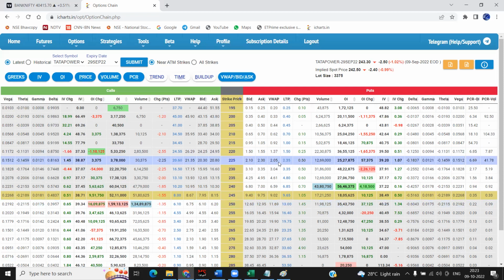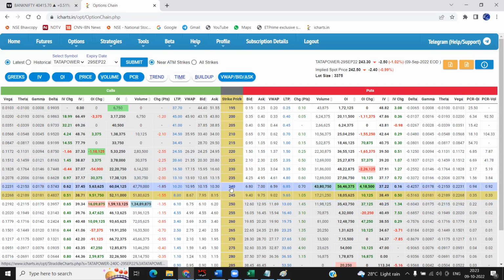Second, for any downside move, the 240 call has to start reducing. In case the 240 call starts reducing, I might think the other way, else everything is okay and it might go up. That is the planning which I have to take. Yes, definitely. Got it? This is the way I have to think it out.